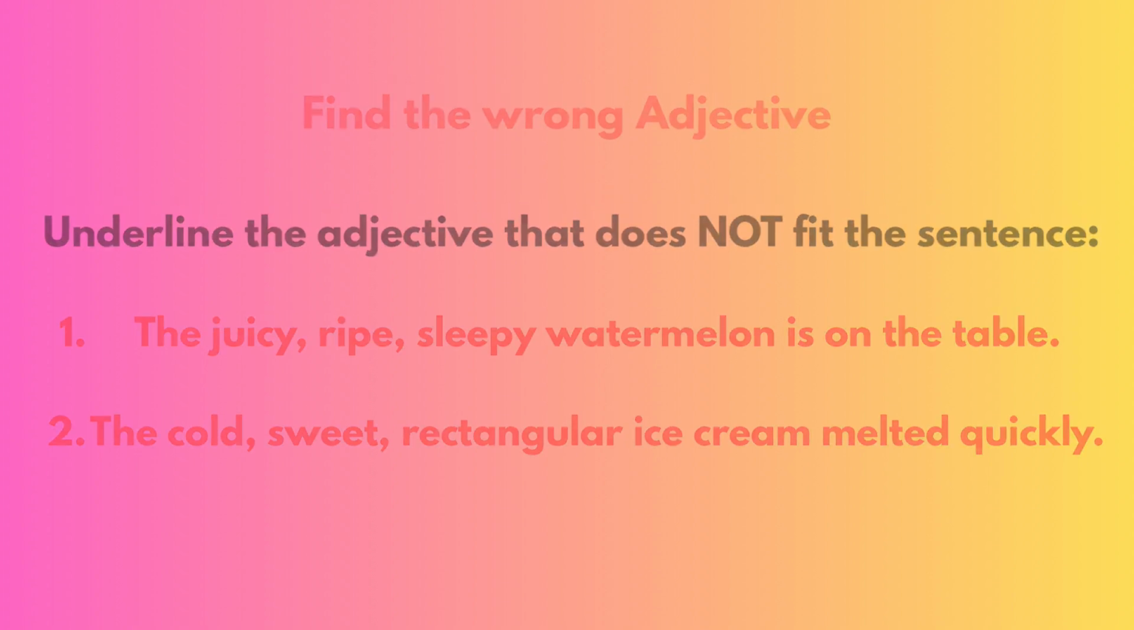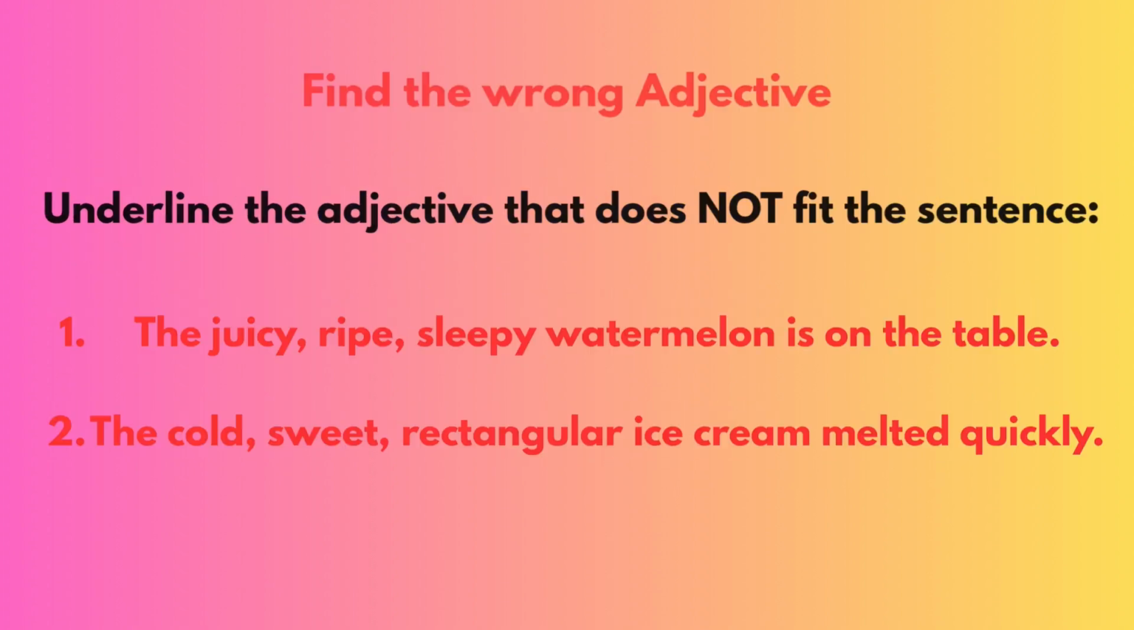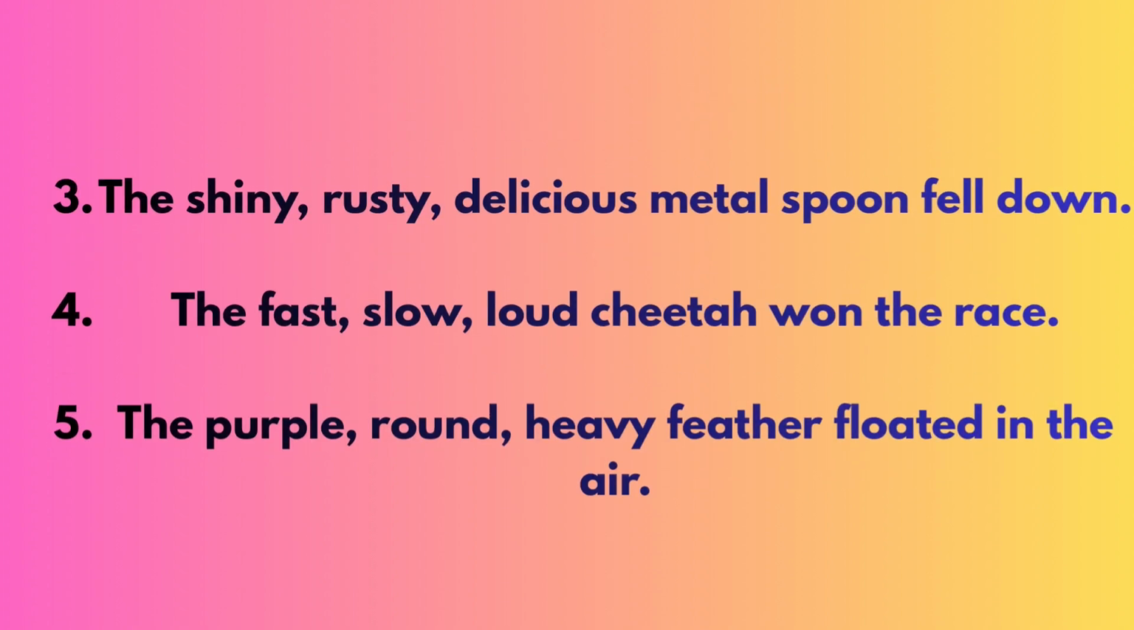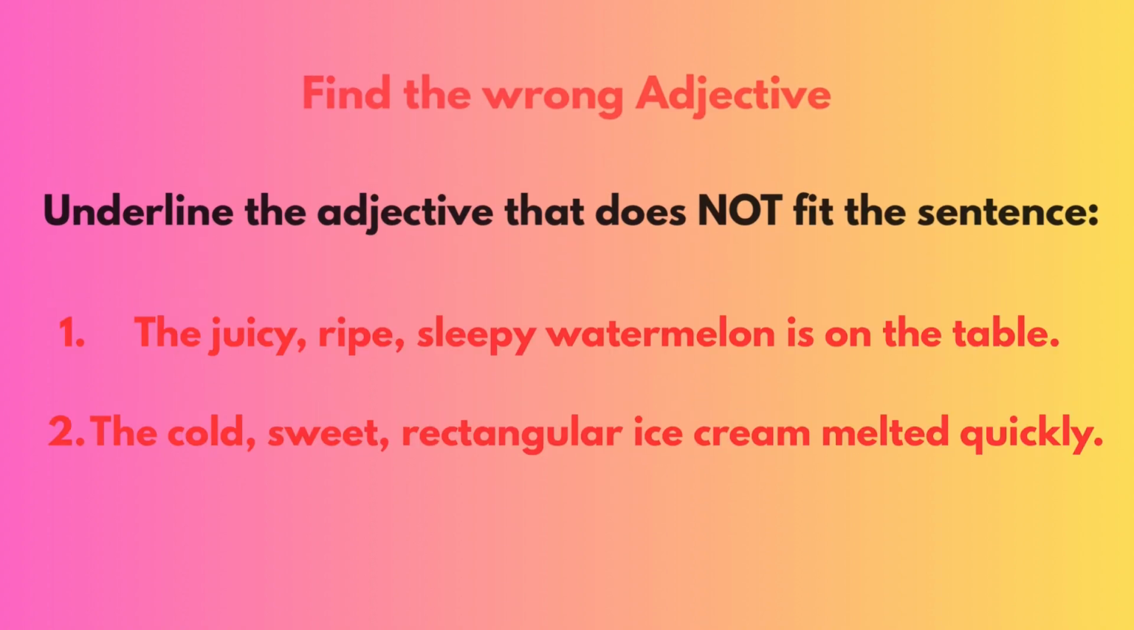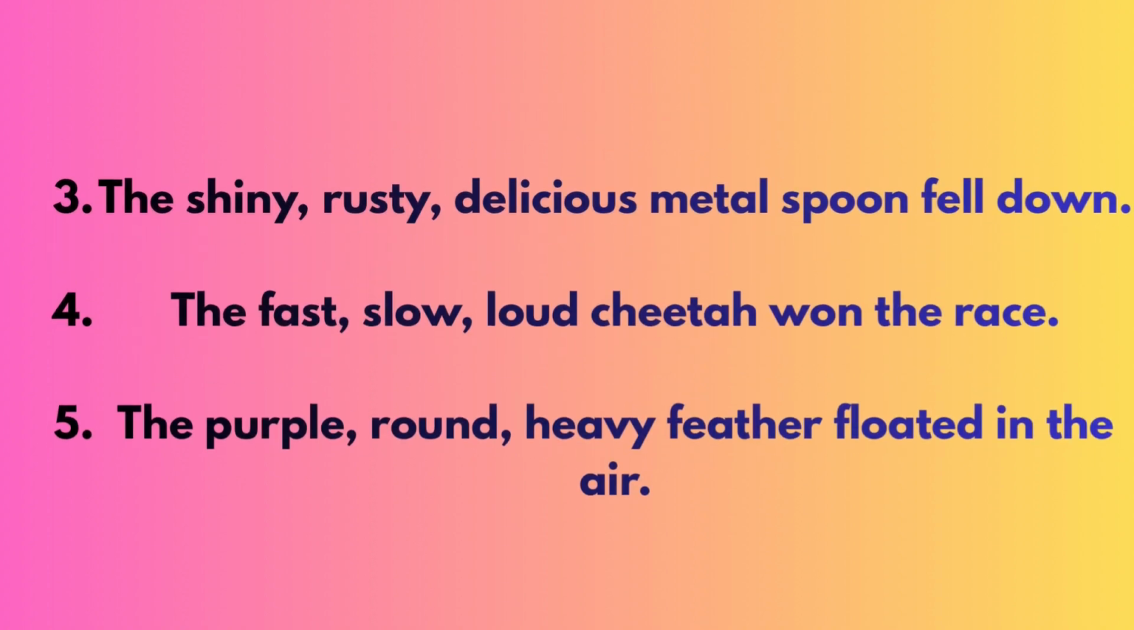The shiny, rusty, delicious metal spoon fell down. The fast, slow, loud cheetah won the race. The purple, round, heavy feather floated in the air. Also, you need to check the answers at the